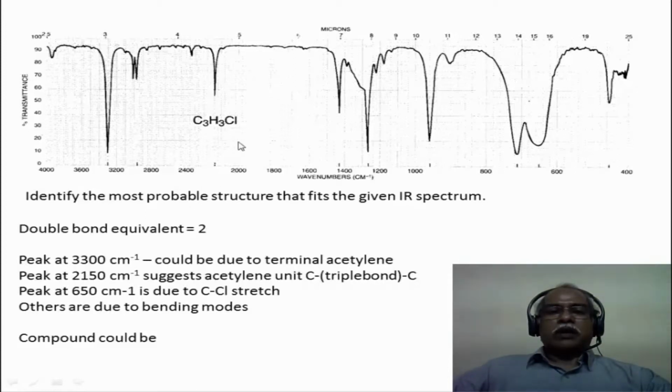Now finally the molecule has a chlorine, so the C-Cl should be seen somewhere. The C-Cl is actually seen as a stretching frequency in the region of 650 inverse centimeter. This peak is most likely due to the C-Cl stretching. So based on the problem, this is a very simple molecular formula. One can jot down the various possibilities and rule out one after the other. In doing so, we look at the terminal CH of an acetylenic peak, a C triple bond C of an acetylenic peak, and a C-Cl is also seen in this case. So based on this, we suggest that propargyl chloride is the structure of the compound that would most likely fit the spectral data.